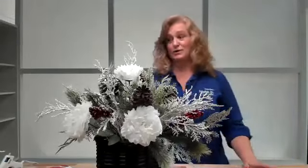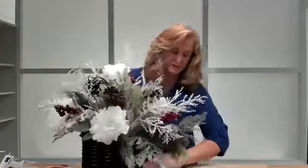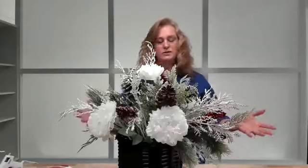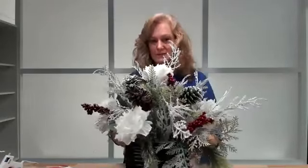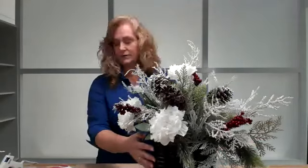So that's with just the 3 bushes. Super simple, super easy. I'll show you some alternatives that you can use. Like this could be for the beginning of December. It's just wintry and it's fun and it doesn't scream Christmas at you. But if you wanted it to scream Christmas a little later in the month,